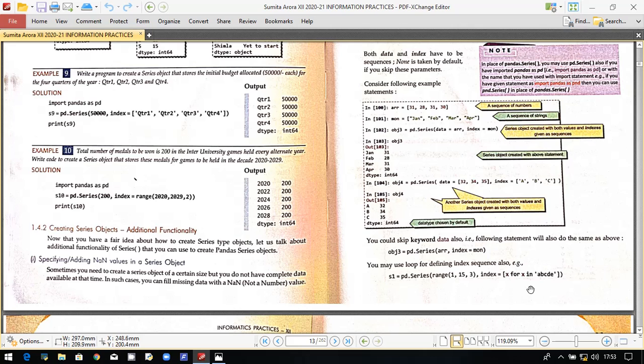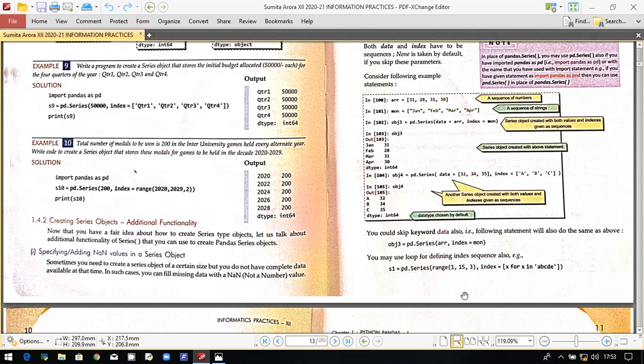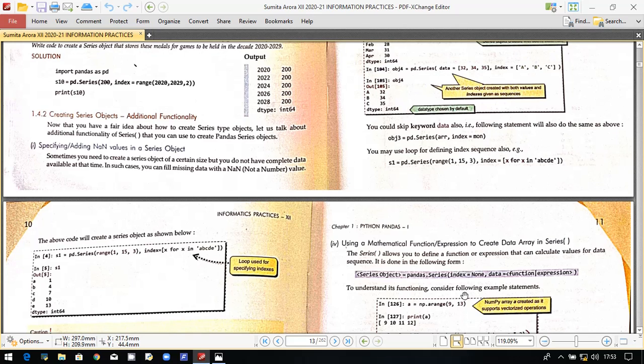And for each data value we are having these indexes as a, b, c, d and e. Okay, so here you can see the output that we have mentioned. The first value was 1, and then we have taken a step of 3 here. So the next value is 4, next is 7, next is 10, and next is 13. And since we are having these 5 data values, we have given the index as 5 here.